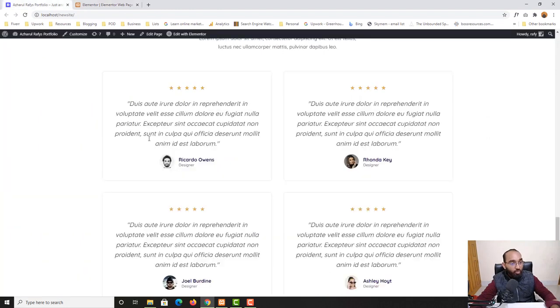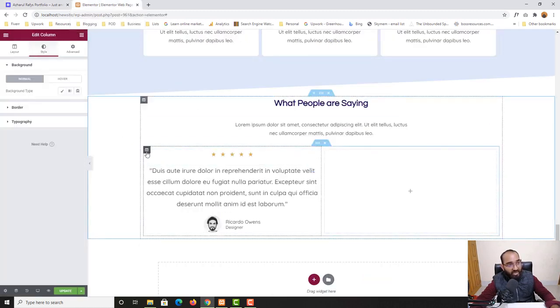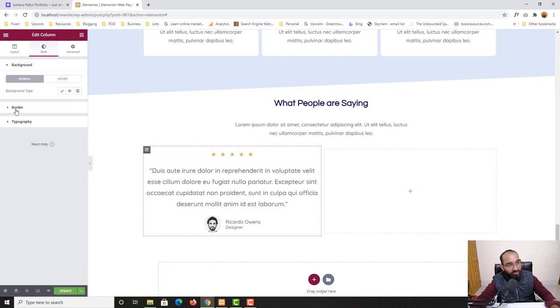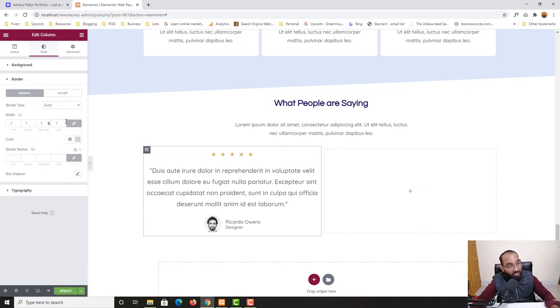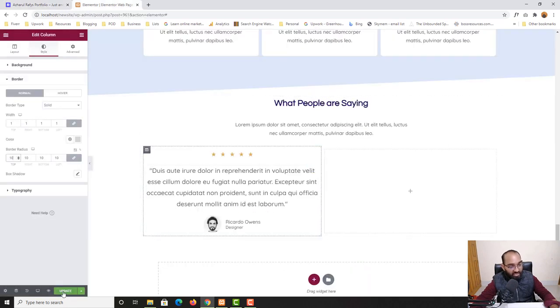Now if you just notice, we have got some border radius as well in the corners of this border. So let me show you how we can add these borders or border radius. Let me take you back again here, and if I click here again, then from style, from border, if I click on border, it is going to show us the work that we have just done. Now just take a look, border radius, where we have to work now. So if I give, let's say 10 pixels of border radius in the 4 sides, like right, left, top, bottom, then if I show you, it is going to look like this. So if I just click on update,